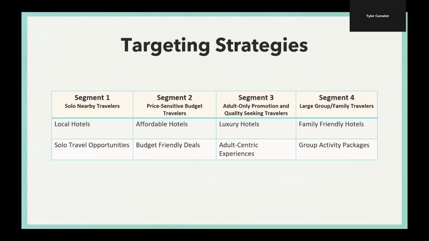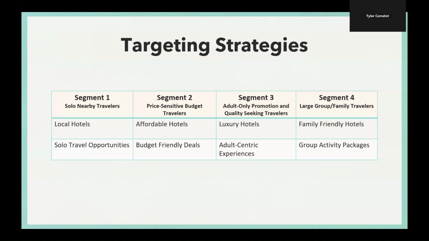Okay, so following our analysis, we developed some targeting strategies for each of our customer segments. For segment 1, that was our solo nearby travelers, and they prefer local hotels, so we wanted to advertise to them specifically local hotels in their area. Additionally, we wanted to provide them with solo travel opportunities. This can include single traveler rates, loyalty instant rewards, so getting rewards for specifically solo trips, and curated single traveler